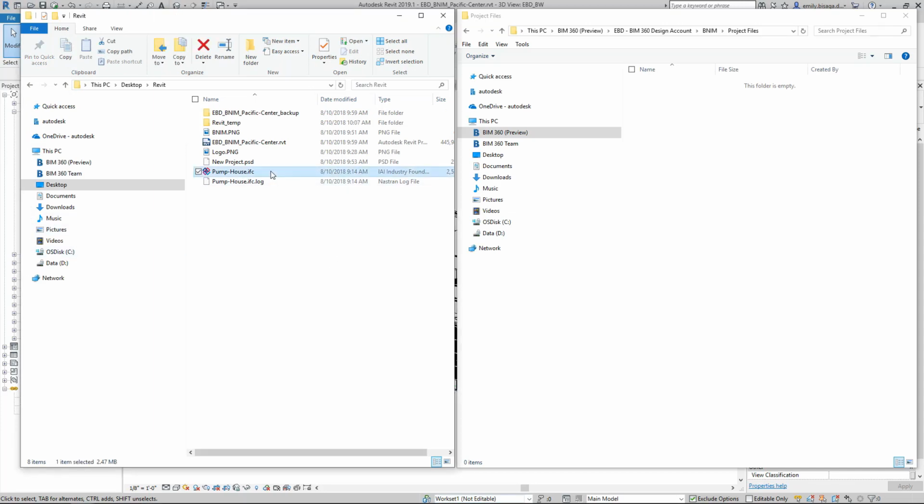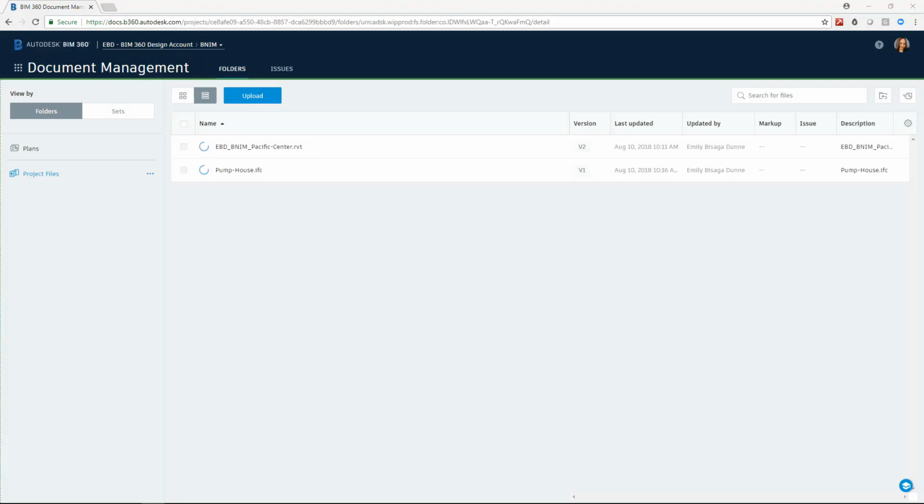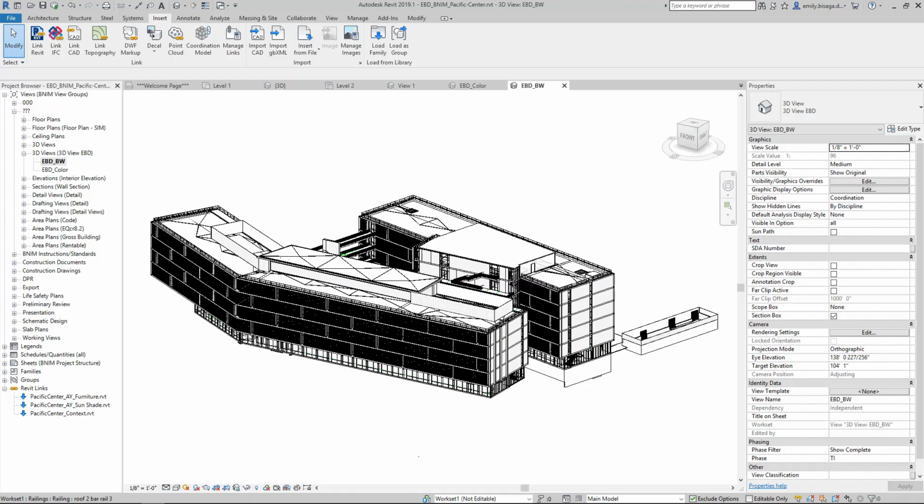Next, we will open the desktop connector location in our file browser and copy the recently exported file from our local location to this cloud location within BIM 360 Design. This is where we will link from in the BNIM model. You can see the progress in the BIM 360 Design web portal as the file is being uploaded to the